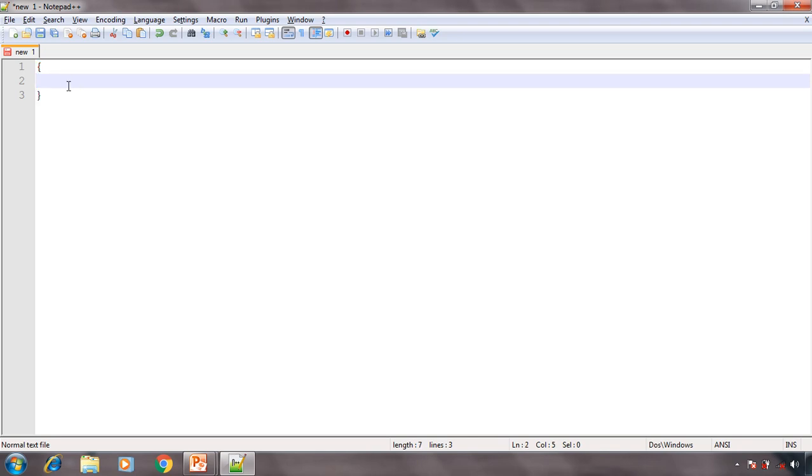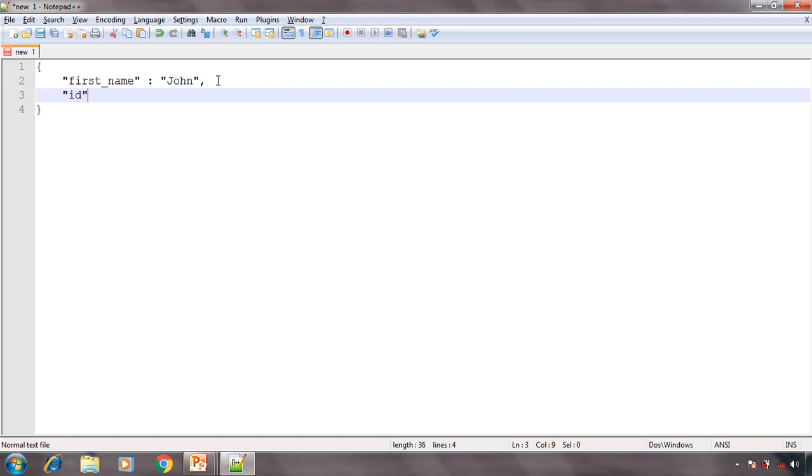Now here we have key value pairs like this: firstName, this is your key, colon, then your value. Say for example, first name is John. So this is your key and this is your value. Now say you have another field, that is another key value pair, for example student ID.